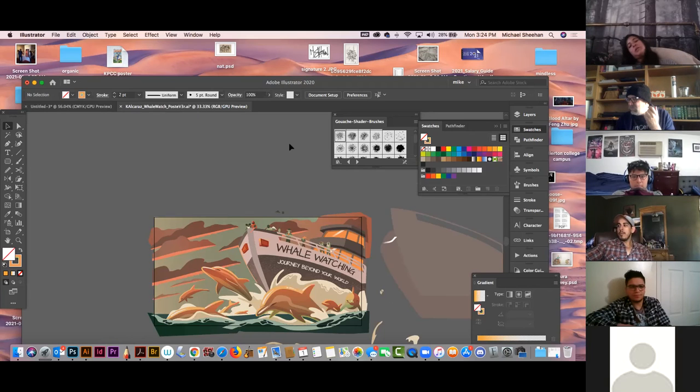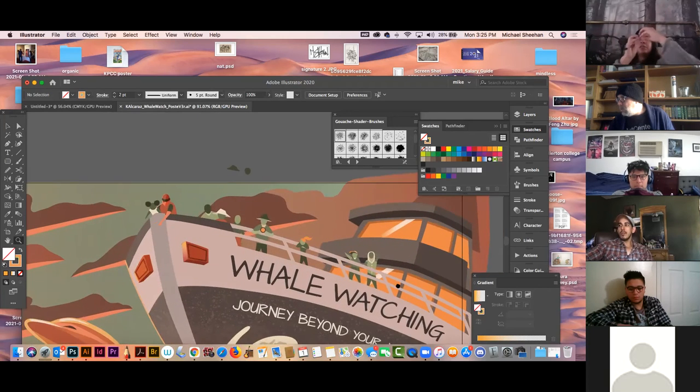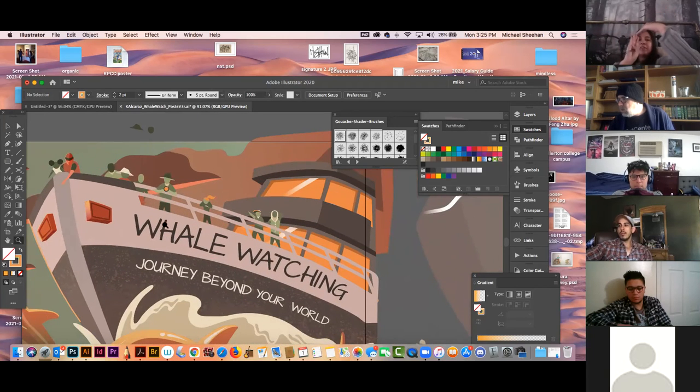I was trying to figure out how to stretch the whale watching. I was using the arch to shape it along the boat. But I was wondering if there's a way to individually stretch the letters to make it feel like it's on the form. You know what I might do? I might just try it. I might take it into Photoshop and use the warp tool, stuff like that. Okay. And then bring it back in and maybe image trace it. Or